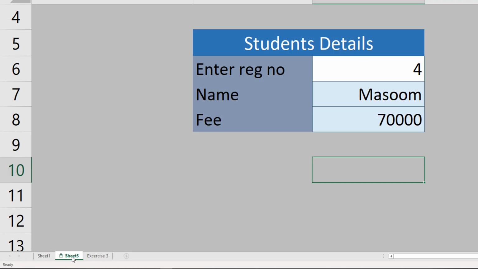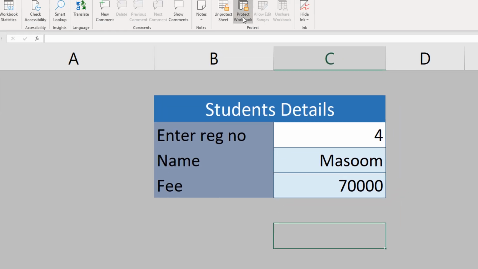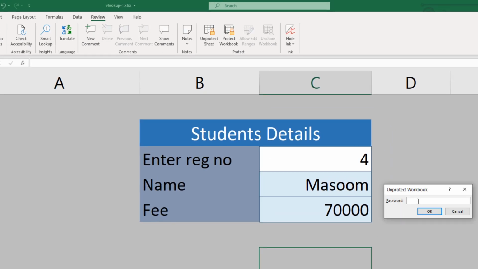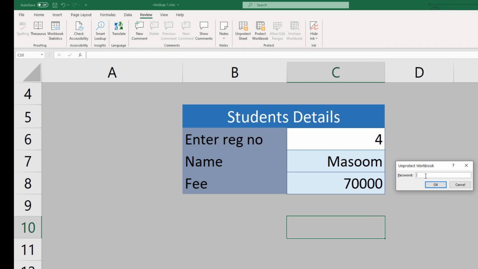If somebody tries to unhide it, the unhide option is grayed out. No one can unhide it unless they unprotect the workbook. But if you unprotect the workbook, it will ask for the password. If they don't have the password, they cannot unprotect, they cannot unhide, they cannot make changes to the data.